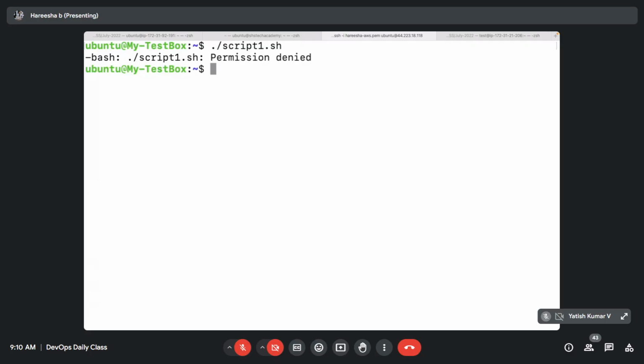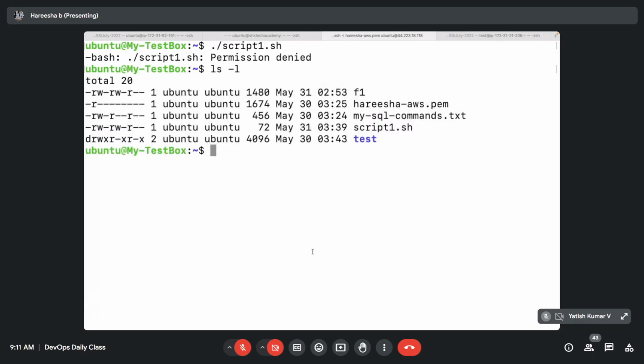What is it saying? Permission denied. What does it mean? We need to give permission to execute this. Because this file doesn't have the execute permission for any user, for the owner, for group, or for other users. So let me add execute permission. How to add execute permission? chmod u plus